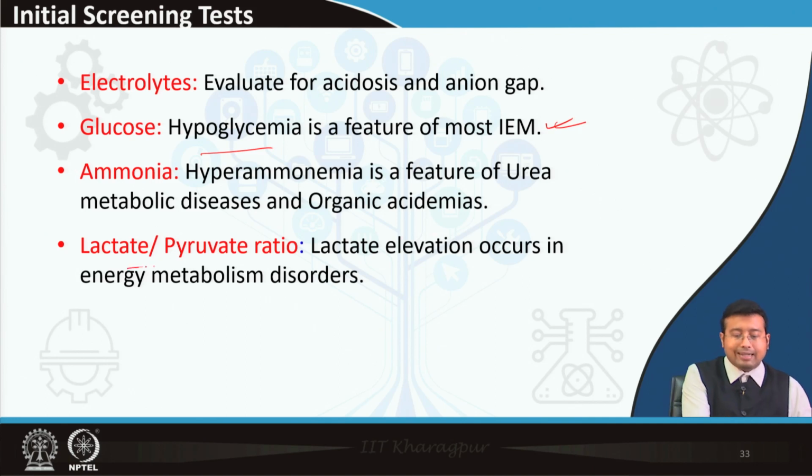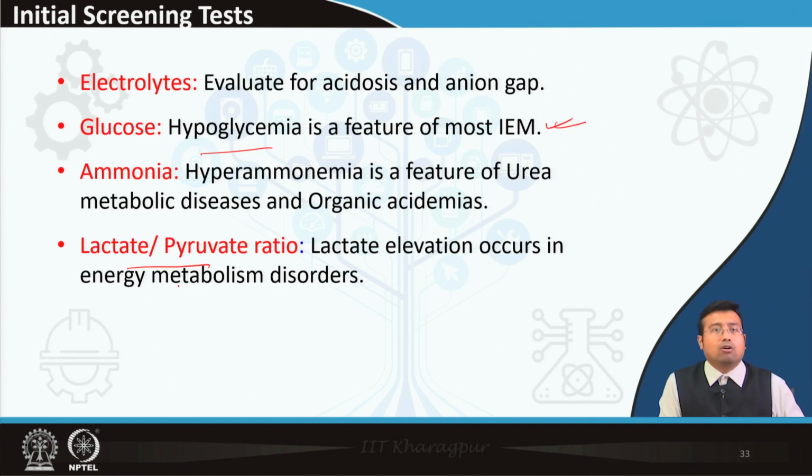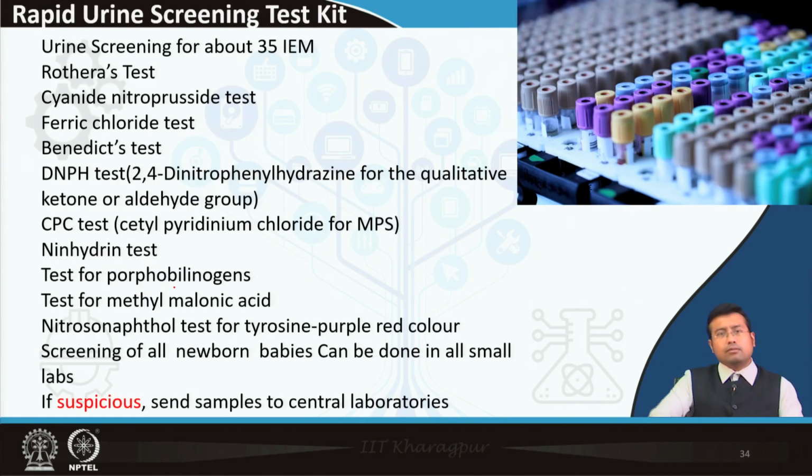Also lactate to pyruvate ratio. Lactate elevation occurs in case of energy metabolism disorders, and a high lactate to pyruvate ratio should raise a suspicion, right. There are actually kits available by which a urine sample can be tested for almost 35 odd disorders. A few of them we have already discussed, right, and the names which are not common you can actually take a